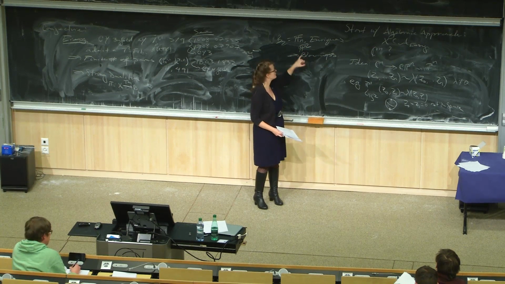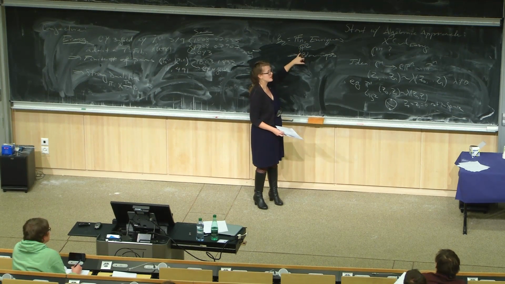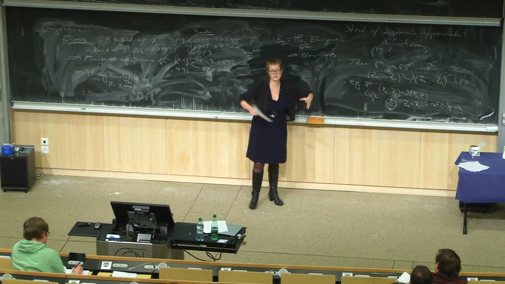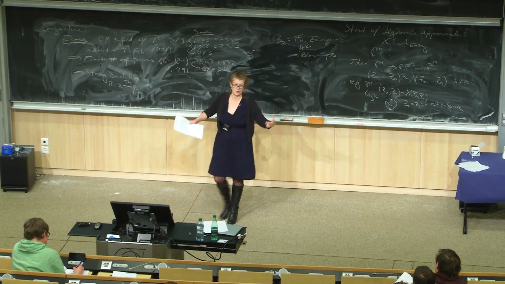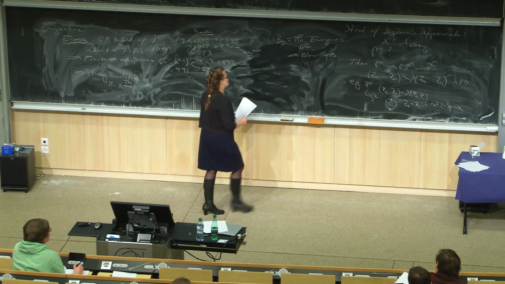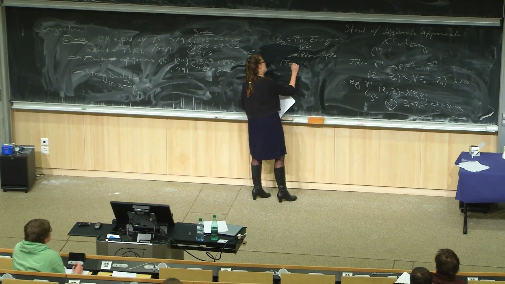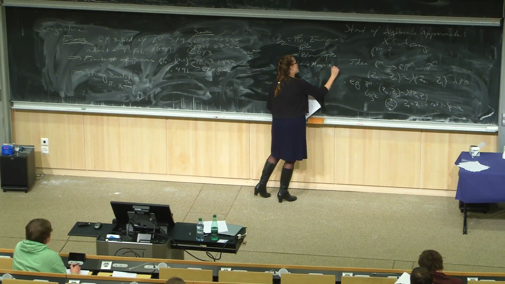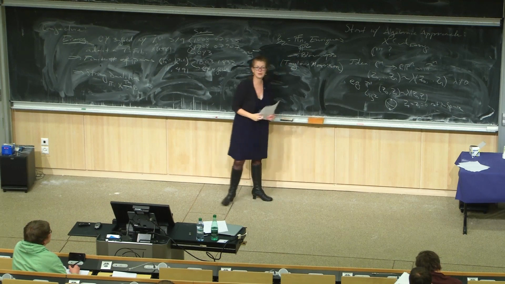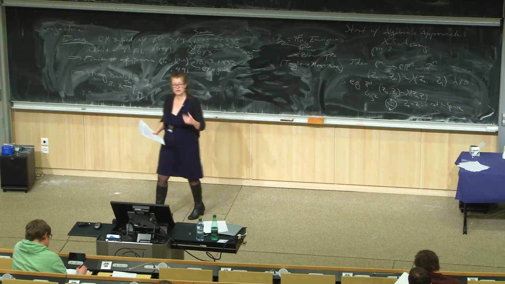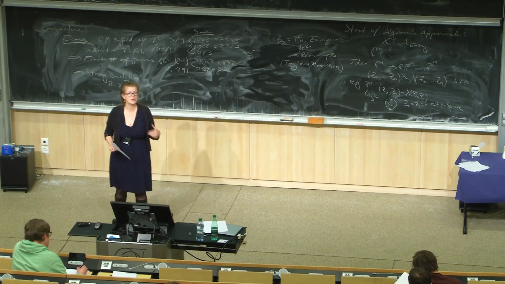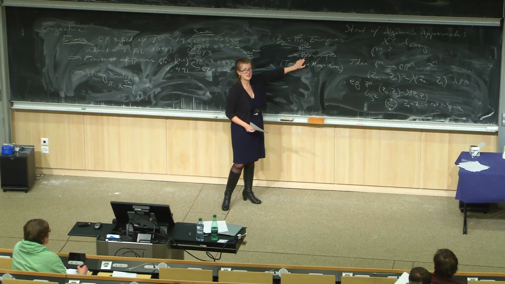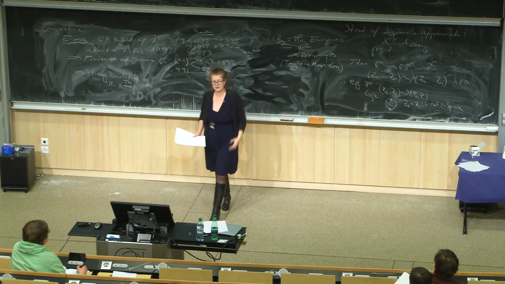So you can get the del Pezzo surfaces by blowing up points in P2. Depending on where you put those points, non-generic points, if you keep messing with those fibrations, it turns out these blow-ups can become huge. So this work, I would say, by Taylor and Morrison, they have characterized all toric twofold bases that can appear in Calabi-Yau threefolds, but for non-toric, this is still an open question. So we know that the set of bases is finite, but actually doing all these blow-ups explicitly and enumerating exactly how many and figuring them out, that has not been done.